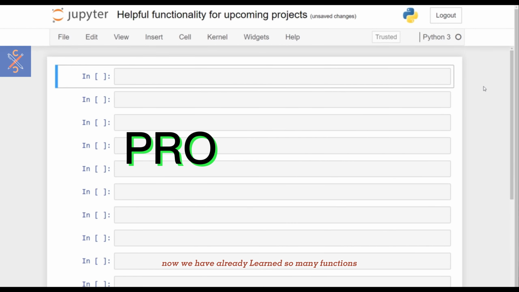Now we have already learned so many functions throughout the course so far, but we're about to embark on 6 different projects and I feel like there are a couple of functions that will be very useful for you to know before you start. So let me quickly walk through what these are. First of all, there is a Jupyter Notebook specific function that is very useful for making your output a lot cleaner. And this function is called